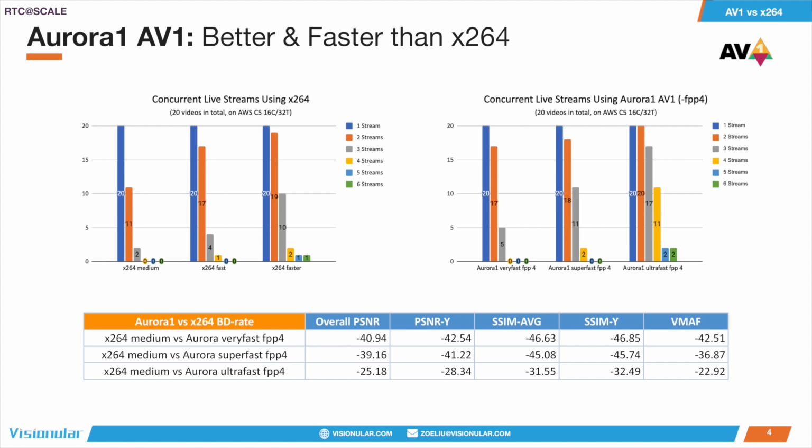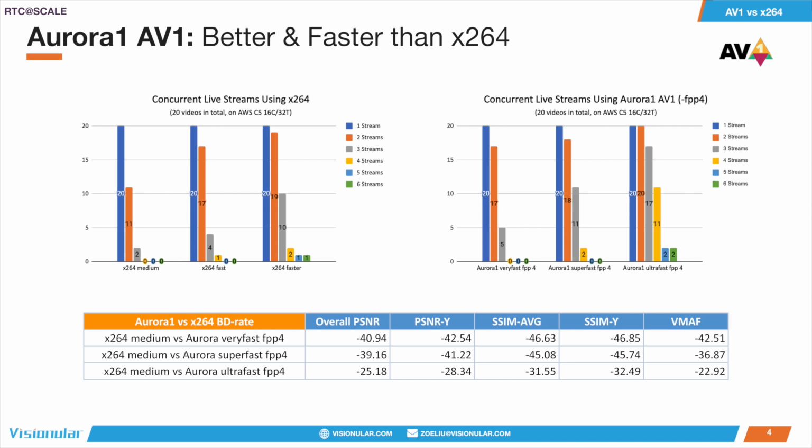Whether it's fast enough, for example, how do you compare the speed to x264 medium? In this slide, we take an AWS C5 machine. It has 16 cores, 32 threads. With these 16 cores, we want to see what happens if we get one video and dedicate all 16 cores to encoding this one video live. Meaning that if the video is 1080p60,